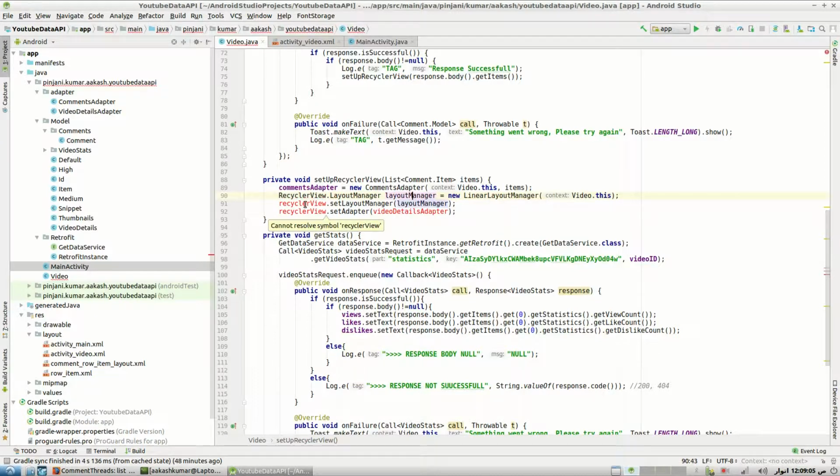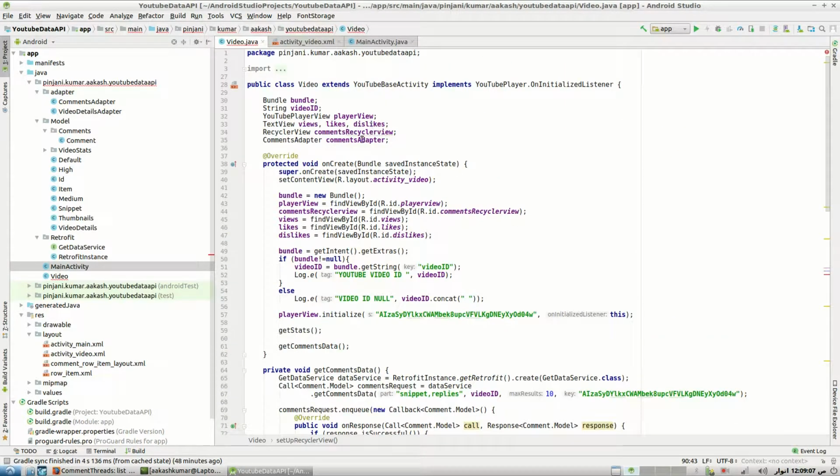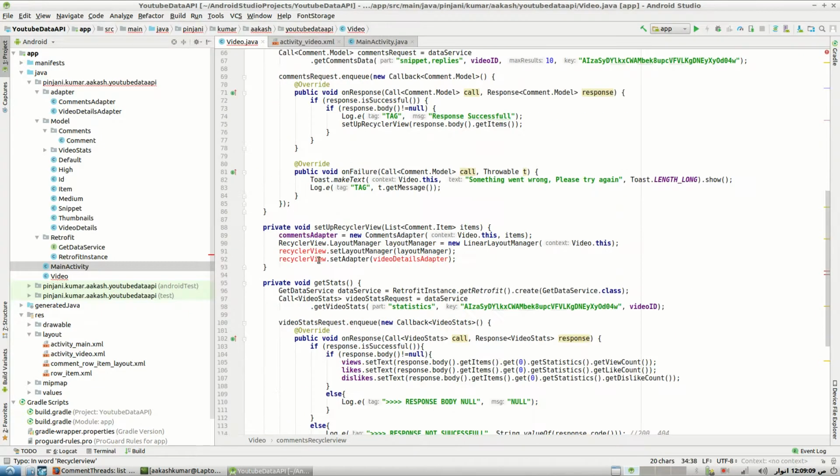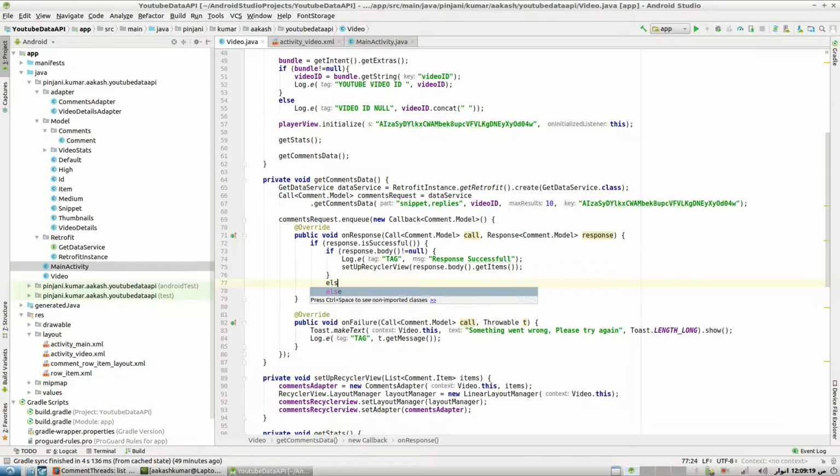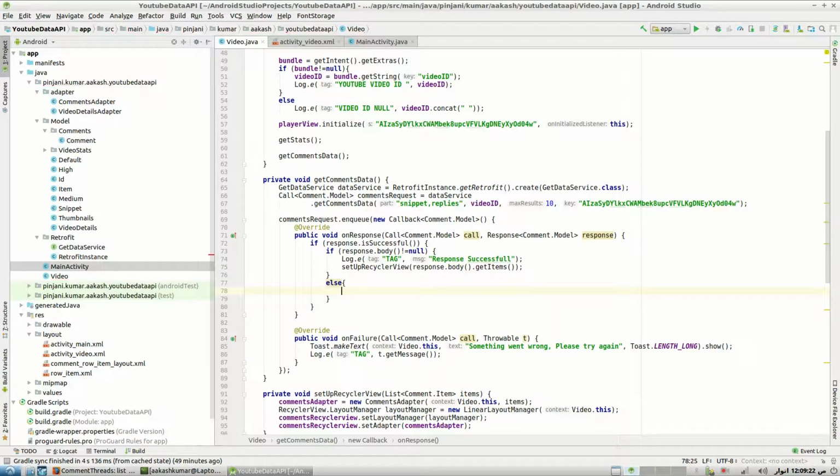Oops. And comments adapter. Alright, let's put in else cases in case that we actually got the response but the items